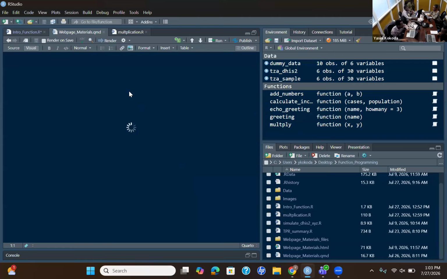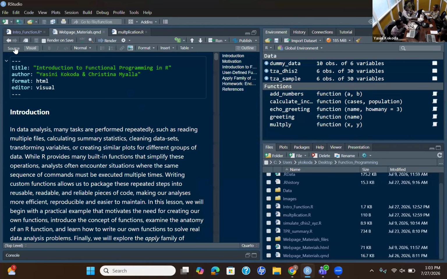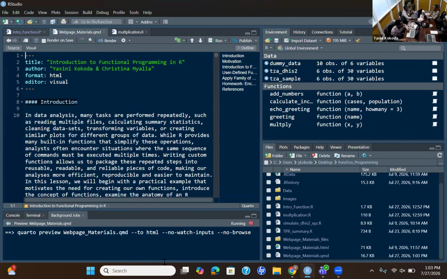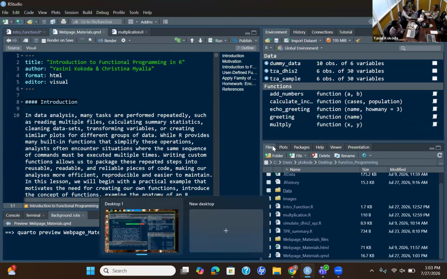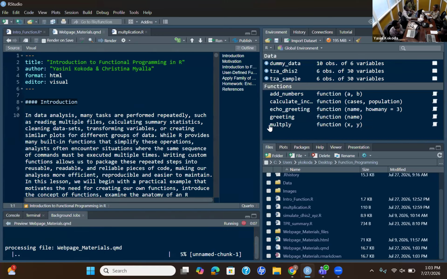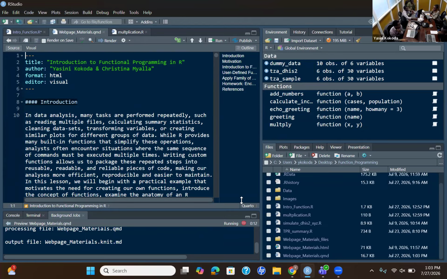You see here, I prefer the source. Click the render button here. If you click it, you will see it run and compile everything, including plots, chunks of code, and the narrations.